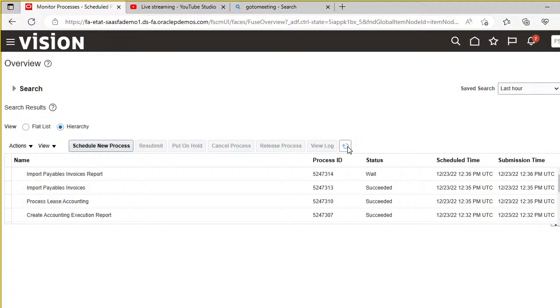So when you run this process lease payment, three processes will run here. First, process lease accounting; second, import payables invoice; and third, the import payables invoice reports. All three should succeed. So it got succeeded. Now moving back to our lease